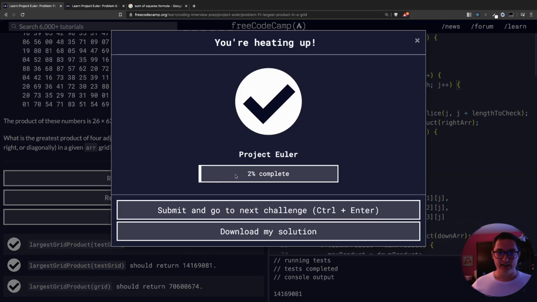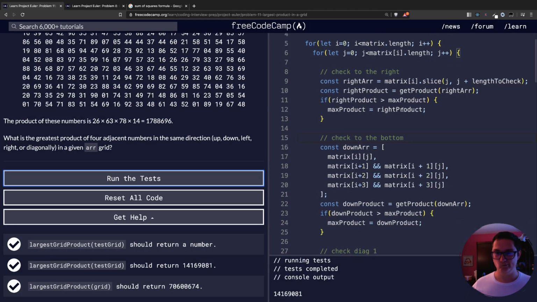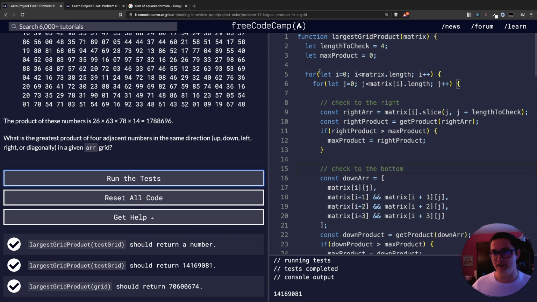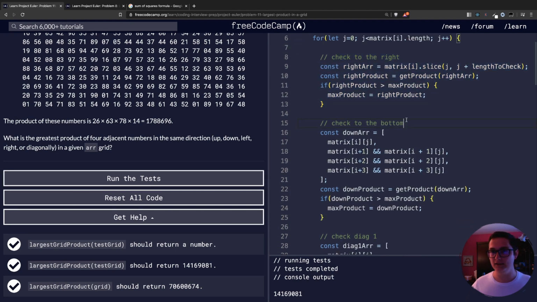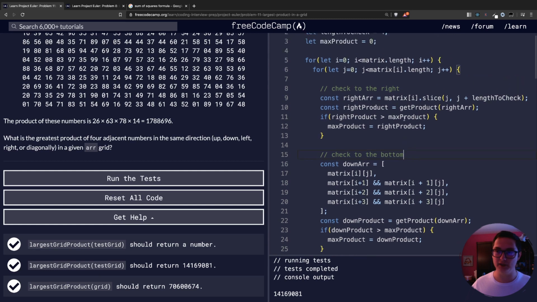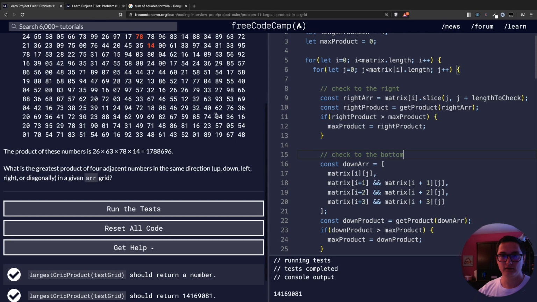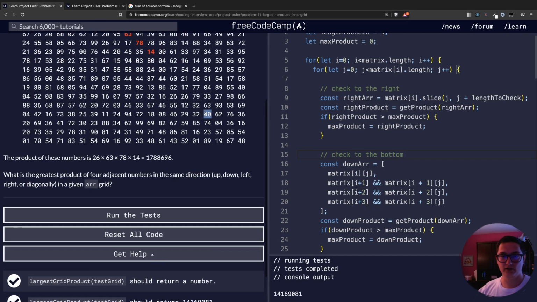Let's submit, and it works. Now, the good thing is that we only go over the matrix once, and we check everything inside here. The only thing we could think of, let's see what Laurent says. So I was thinking, if you look at the number 40 in the bottom right, 40 in the bottom, okay, this one,